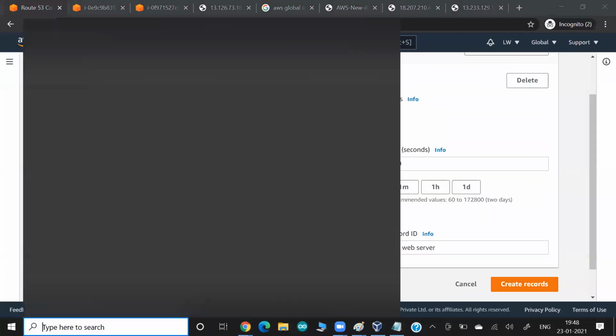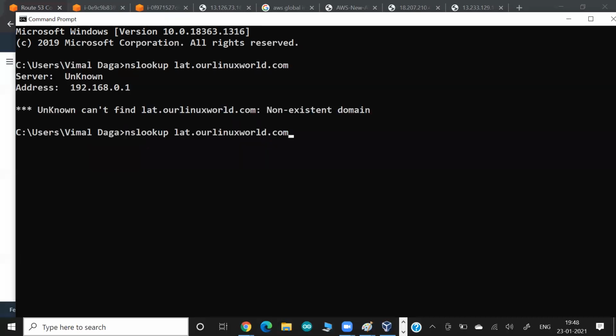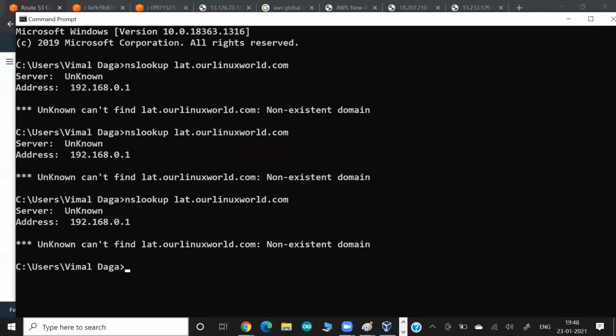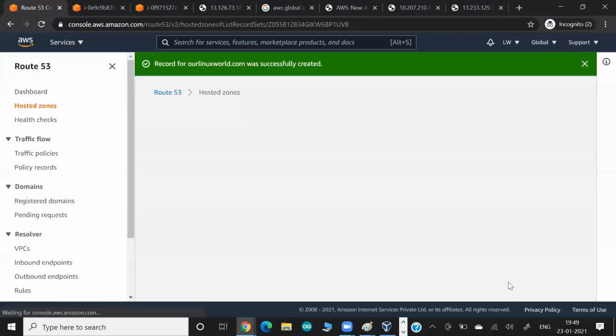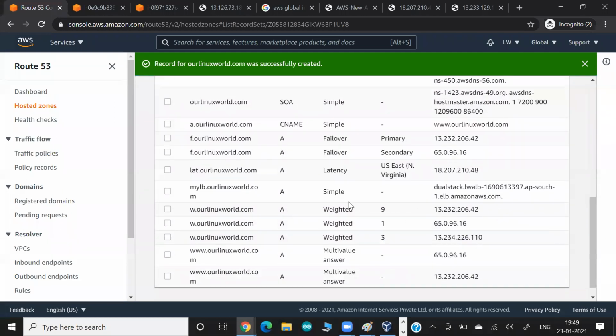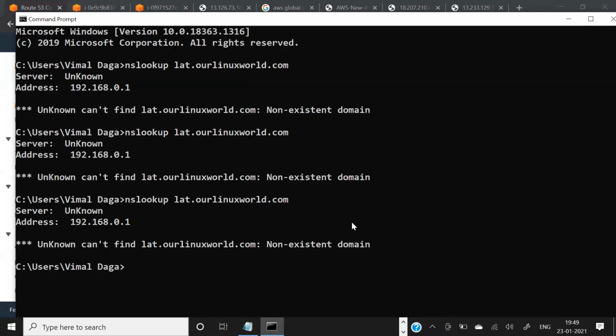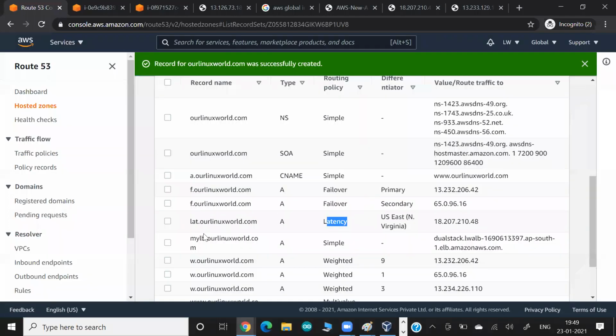But before I create the record, let me go to my command line in Windows, and do nslookup and search for let.rlinuxworld.com. So you don't find any record, okay, because this record is not yet created. But after I create the record, a new record comes up. Okay, and now if you do nslookup let.rlinuxworld.com